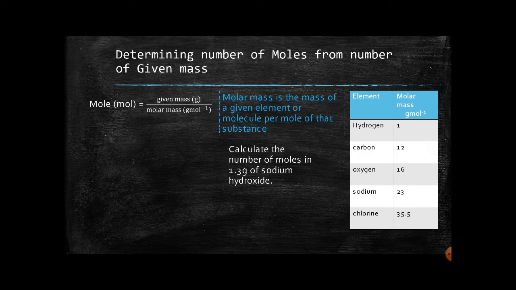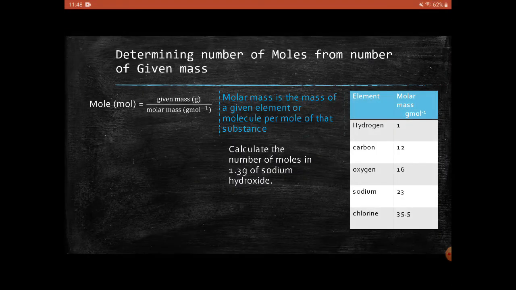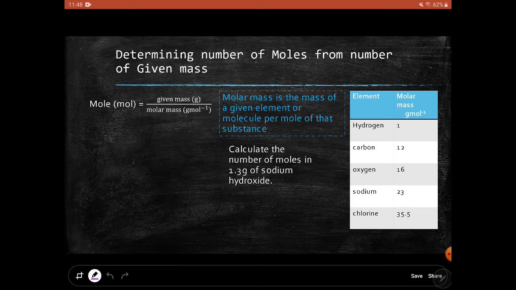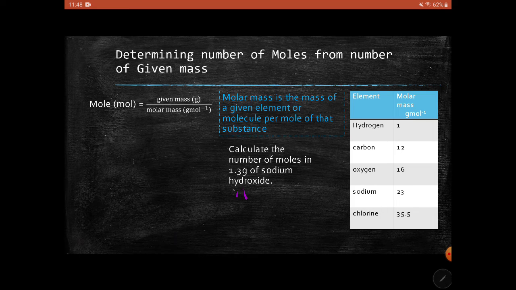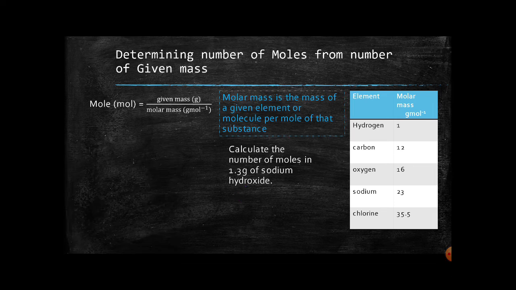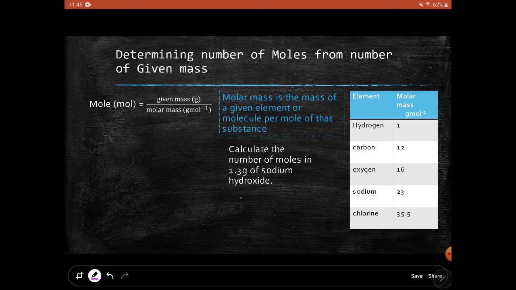Let's do a final example to calculate the molar mass of a substance and hence the number of moles of that substance. We need to first find the molar mass of sodium hydroxide. Its formula is